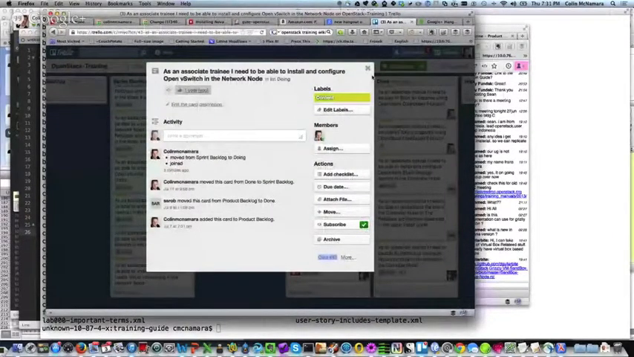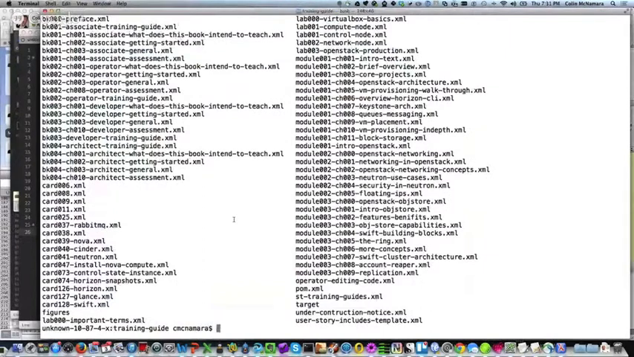As an associate training, to be able to install and configure Open vSwitch and network node. So there is a user story includes template in this file. This includes template has sections which describe